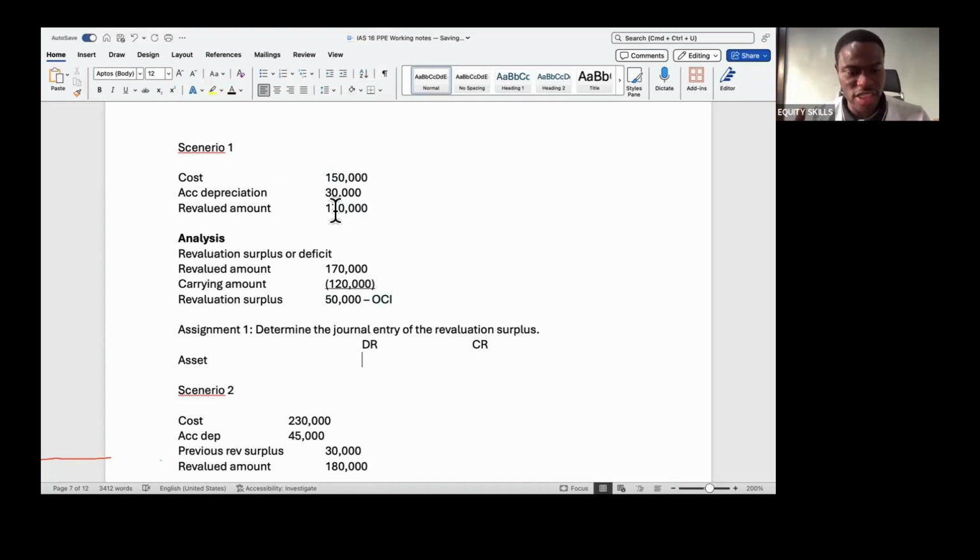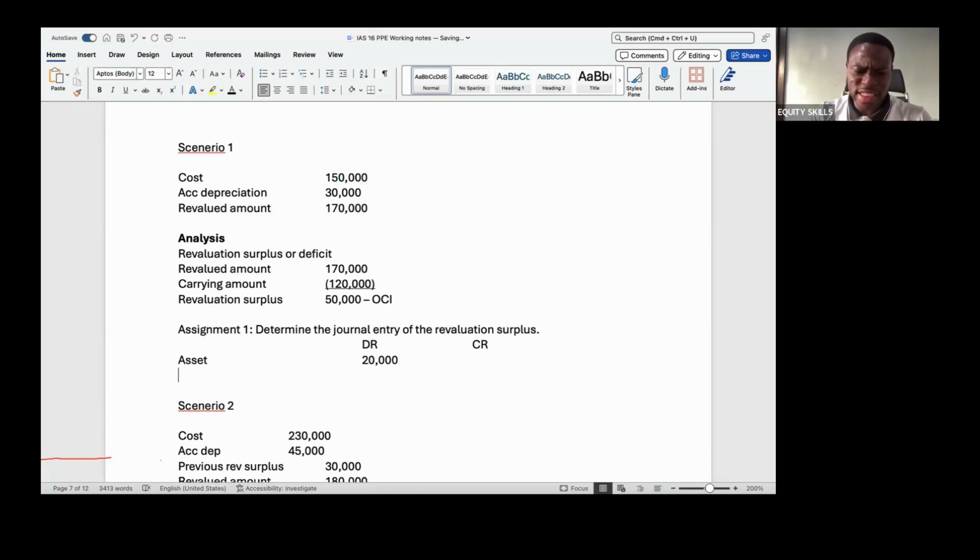That means you need to increase your asset value by how much? By 20,000. Always resolve this first. That naturally, what will go into my asset account is 20,000. In this case, of course, it is going up from 150 to 170. That's just an increase of 20. After I've resolved my asset account, then you can deal with the revaluation surplus that goes to your OCI. It is a surplus, so you credit it,